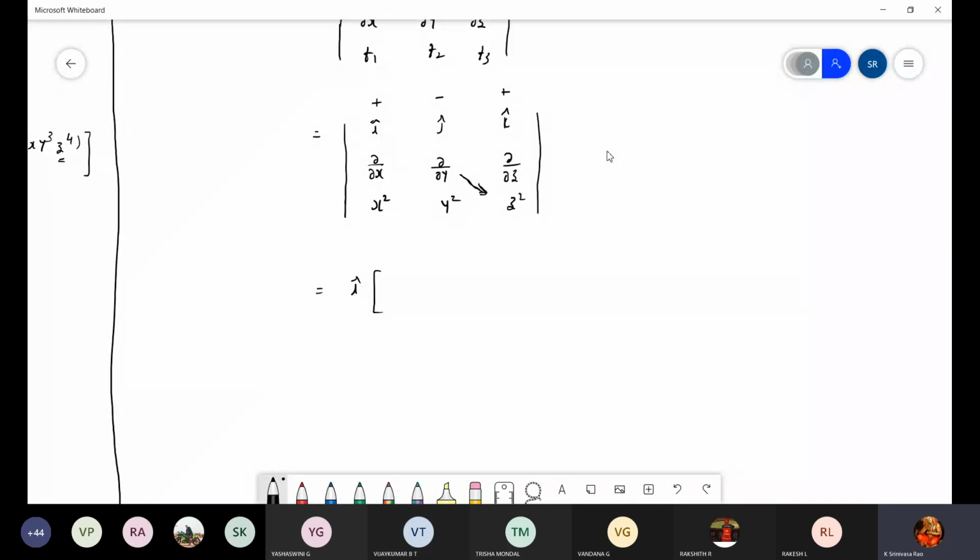Otherwise, if you have confusion, you write like this, dou by dou y of z square. Then you write the answer. With respect to y, I am differentiating z square. With respect to y, z is constant. It is 0. I will write directly like this. You also minus dou by dou z of y square is also 0. Like this. Minus j cap into